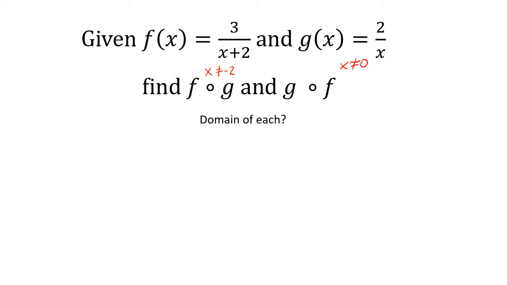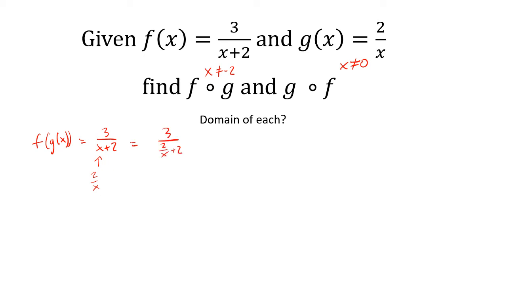So what is this? What are the implications here? What is f of g of x? Because that's what fog is, right? Well, I'm going to take f of x, which is 3 divided by x plus 2, but right here I'm going to plug in 2 divided by x. So we're going to say it's 3 divided by 2 divided by x plus 2,